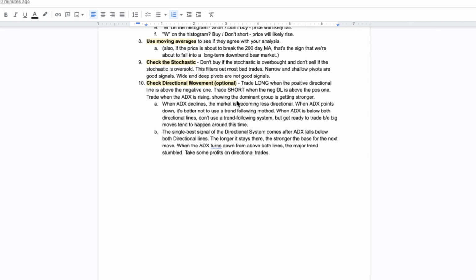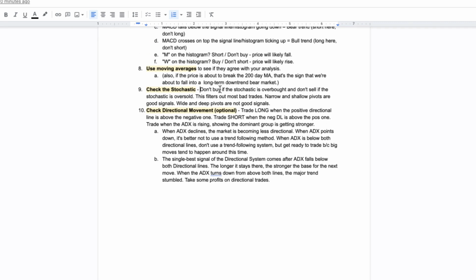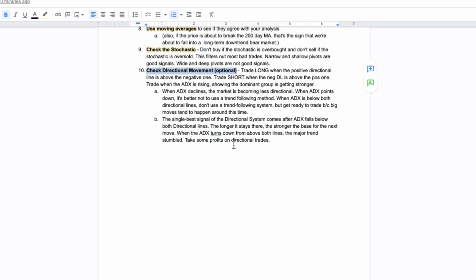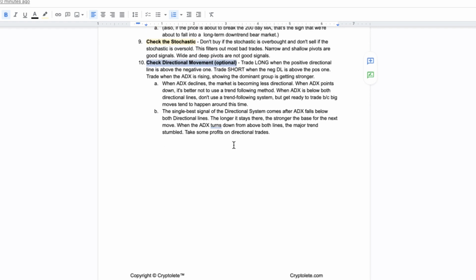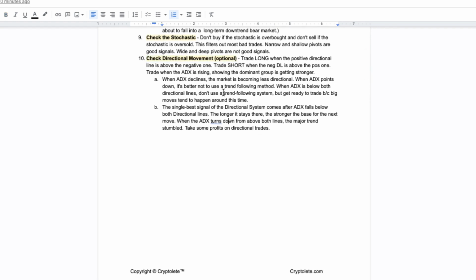This is my trading cheat sheet, like I mentioned before. And then I also have directional movement. I did find directional movement to be a pretty good indicator, but I stopped using it because, how many indicators do you need to use, right? I already have 9 up on my charts. So you could use directional movement too, and I tell you how to do that right here, but